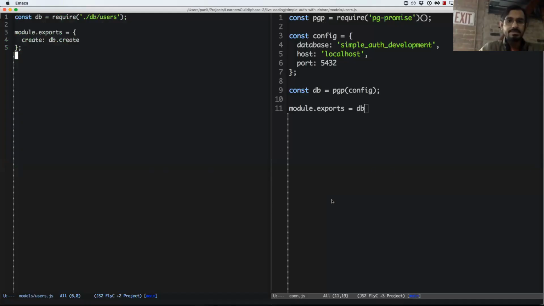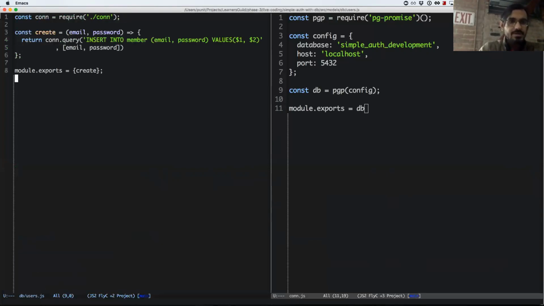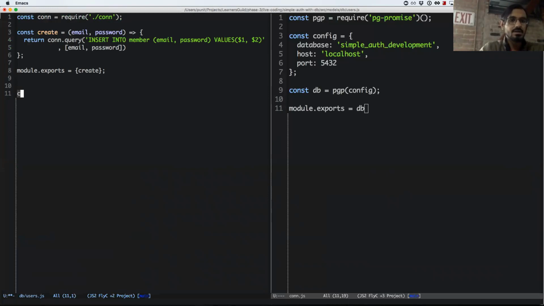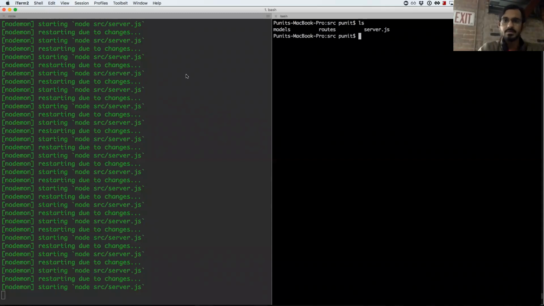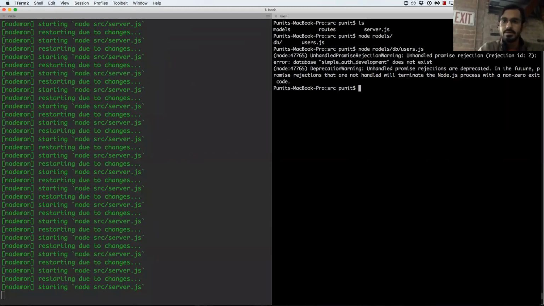Now that we have that, let's try to create something. So let us go into our users file. I'm just going to say create with, let's see what happens. So node models db users. Unhandled, simple auth development doesn't exist. Nice. So it tried to run the query, and then it complained about how the database doesn't exist